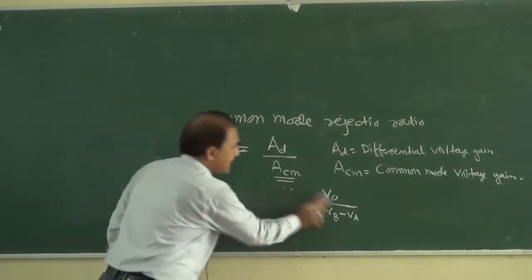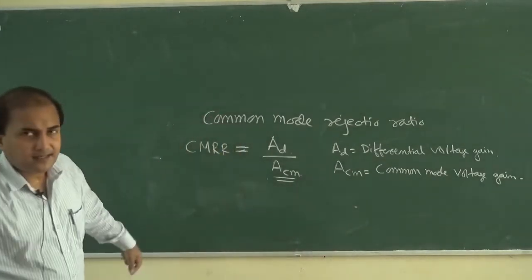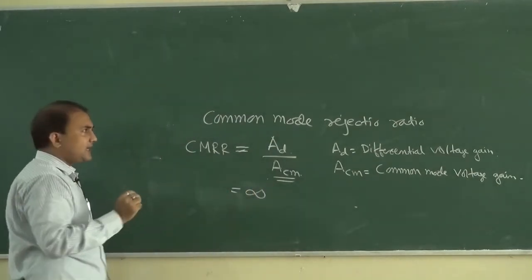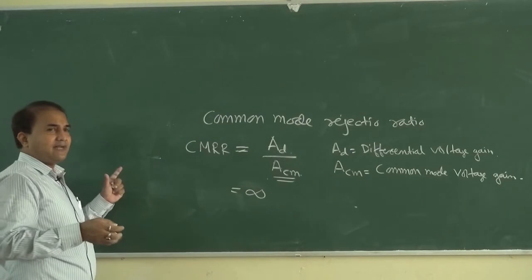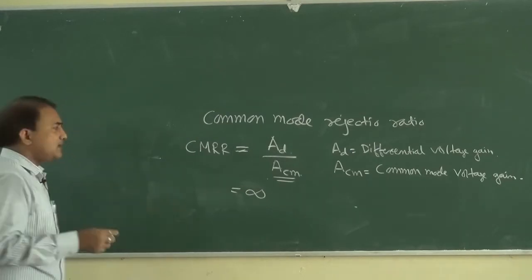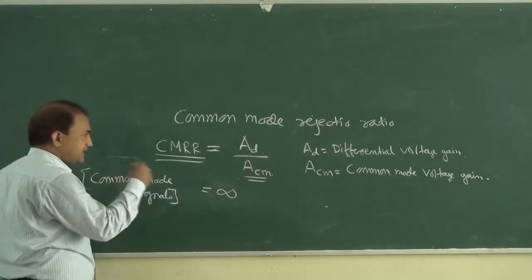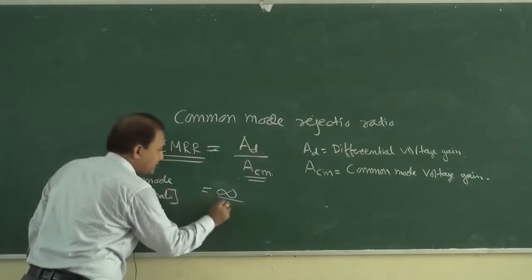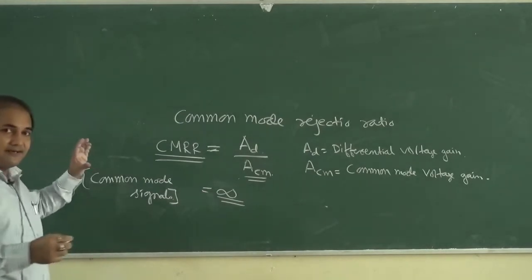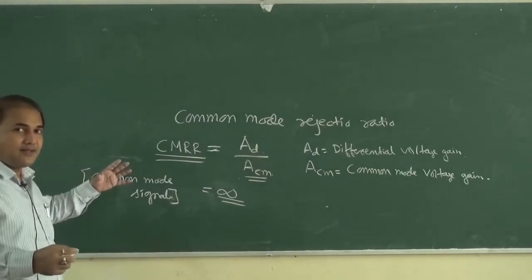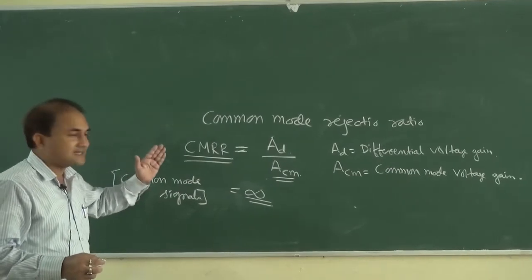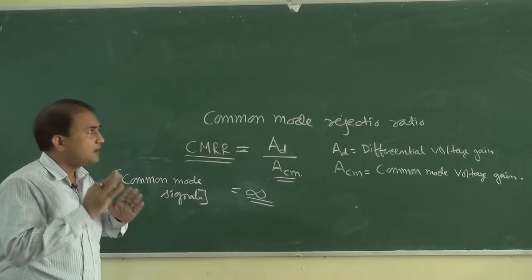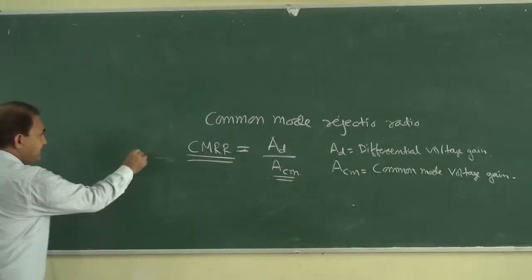So in ideal case CMRR is equal to infinite. In this way we can determine the common mode rejection ratio. So in case of operational amplifier, for ideal case CMRR is equal to infinite. So it rejects the common mode signal. Higher the common mode rejection ratio, better the operational amplifier, as it rejects the common mode signals. In any amplifier,